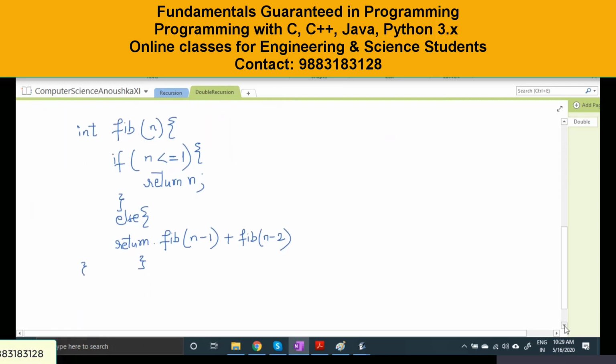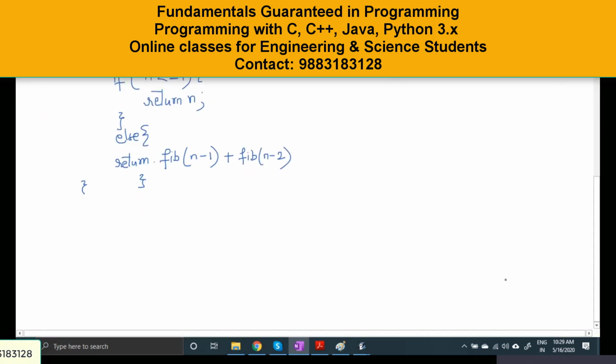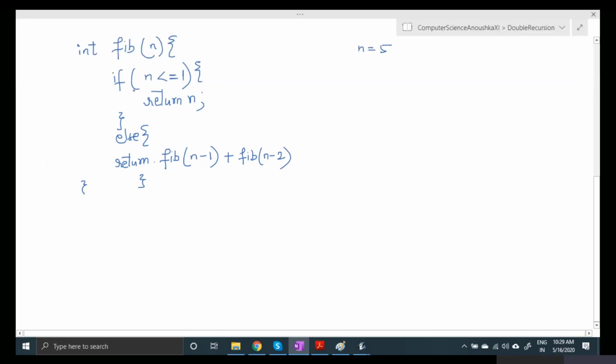So this is a method, right? And say the value of n is 5. So 5 is less than or equal to 1, the condition is false. So it will go to the else part. In the else part, it is written Fibonacci of 5 minus 1, which is 4, right?